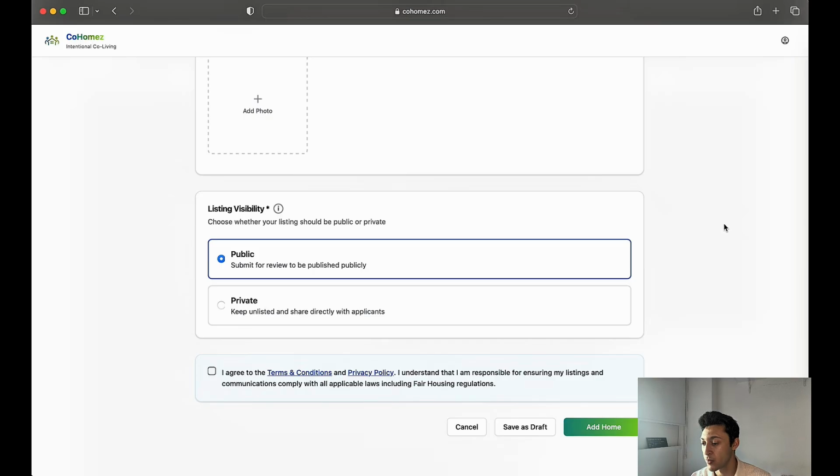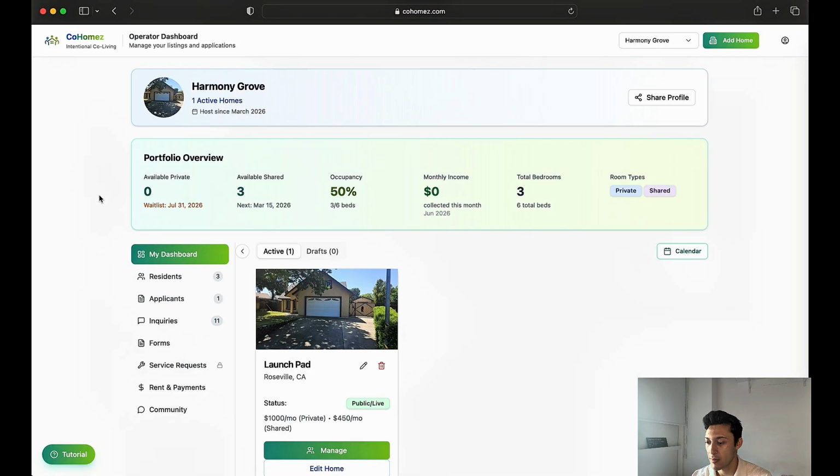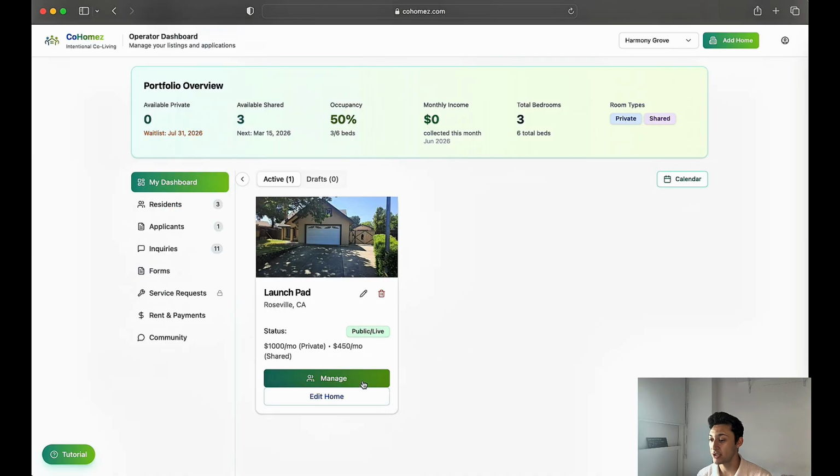Go ahead and choose the option that you want, read the terms and conditions, and add your home. Here, when you go to the operator dashboard, now you'll see your home here, Launchpad, and the overall dashboard. If you have multiple homes, they're going to show up here, and everything that you see on the left side here in this menu is going to be related to all of your homes. So if you want to manage a specific home in your list, you can hit manage,